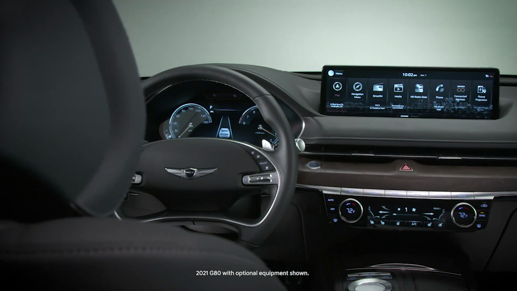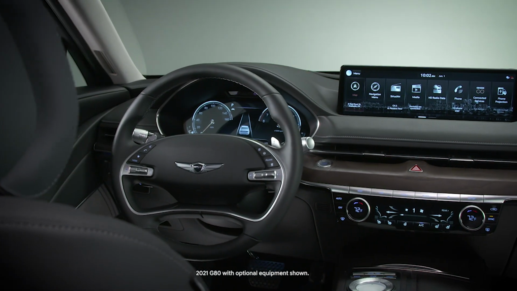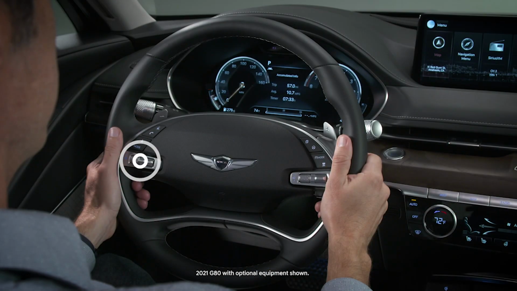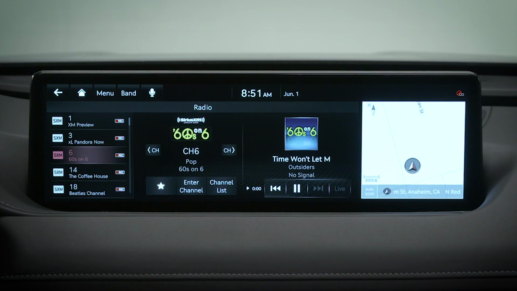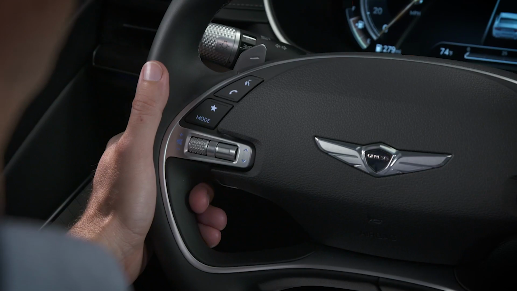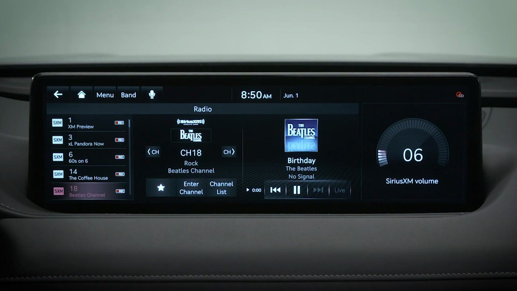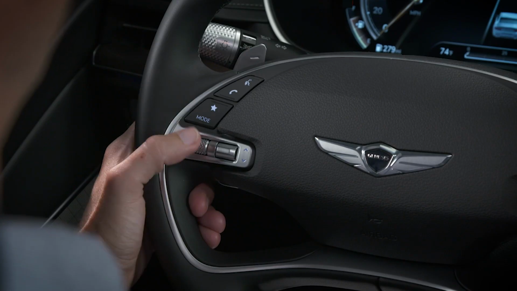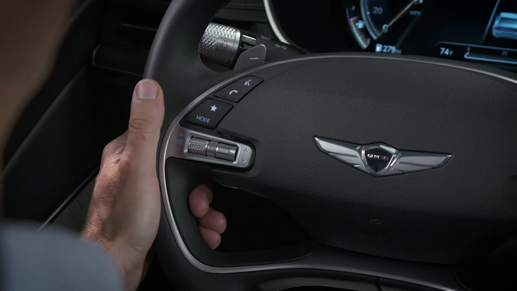The steering wheel on your Genesis is designed to provide you with the ability to control many features on your vehicle. The audio controls allow you to control the volume as well as the track or station you are listening to. Turning up or down on the volume button will increase or decrease volume. Pressing the button in the center will mute the volume. Pressing it again will unmute the volume.